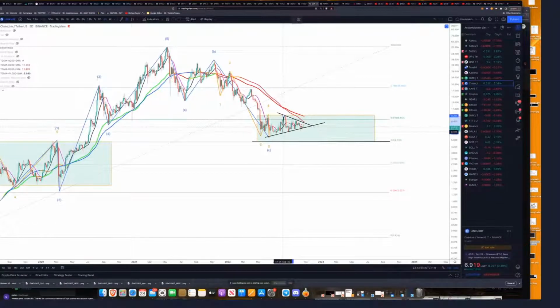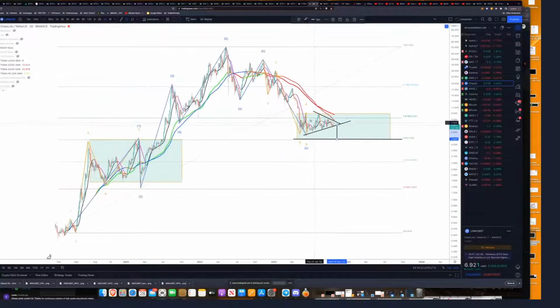The structure of this, wherever it breaks from, potentially, yep. So that's a measured move. Let me see if I got it right. Give or take a bit. So this could drop, and again, it fits there. This will be a good buy there. So it doesn't matter if the alts are doing well, Link has a bit more maybe to drop. Because it's done wave 5, it's doing an ABC. If this is the accumulation, and it took a while last time,